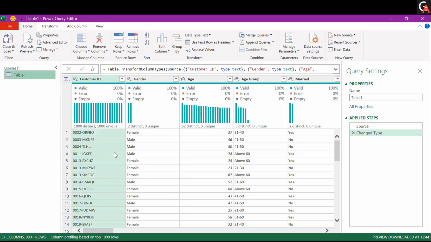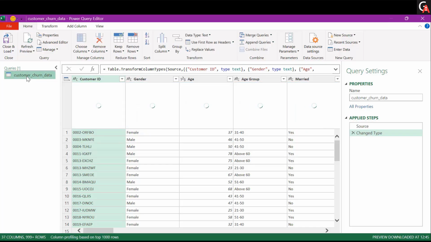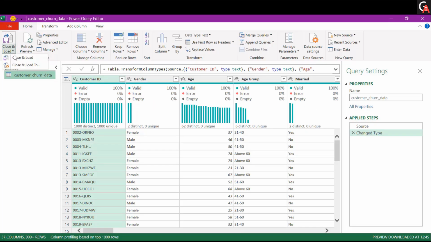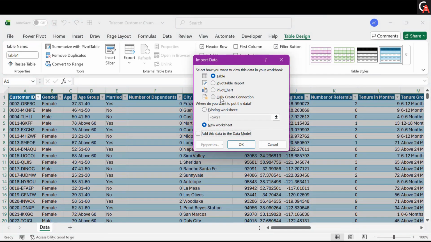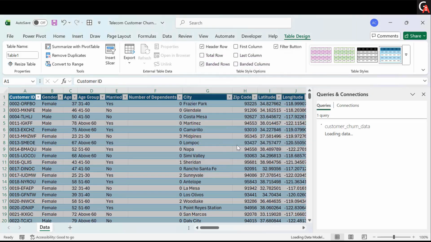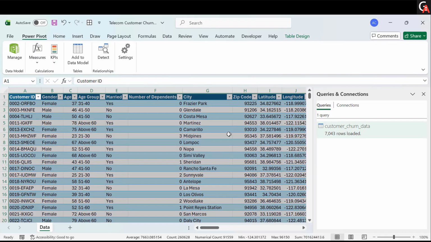What you have to do here is, once you have checked your data, you have to rename this query. I'm going to rename it as customer churn data. And once that is done, I am going to click on the option called Close and Load To. Here I am going to select only create a connection and add this data to the data model, and click on OK. Here you will see the table named customer churn data that we have renamed. And now once you have loaded the data,